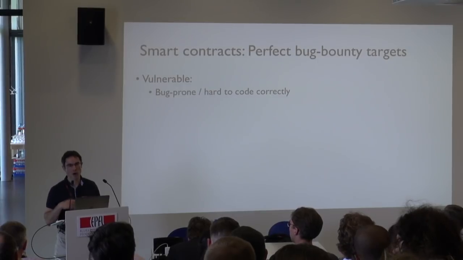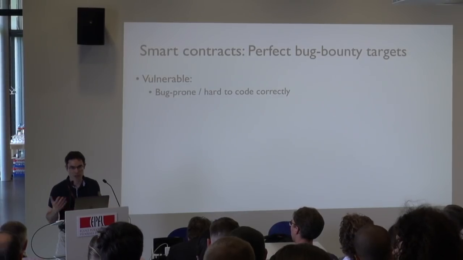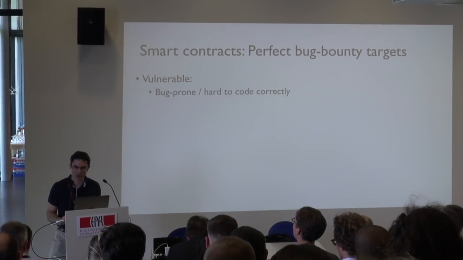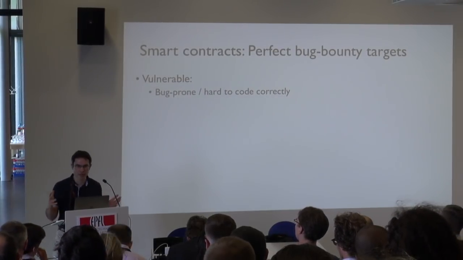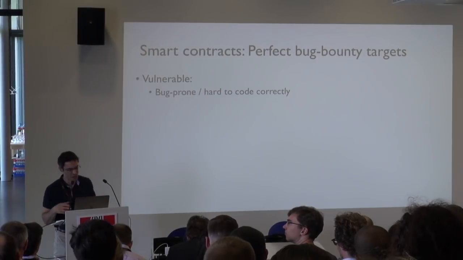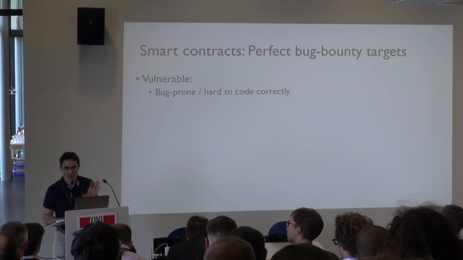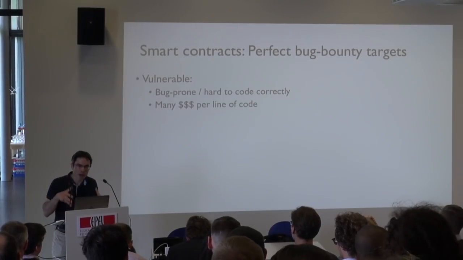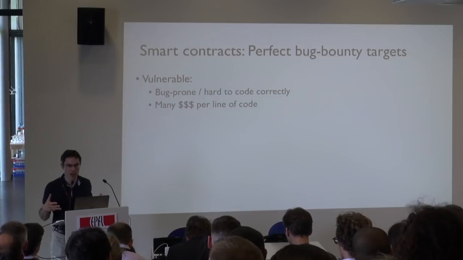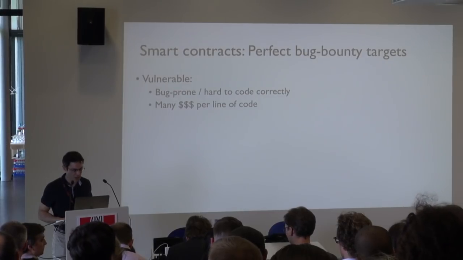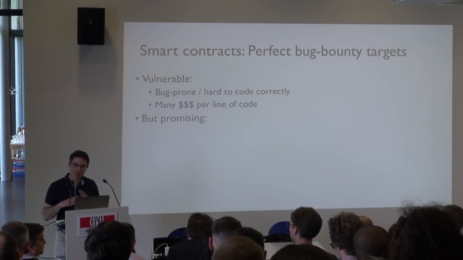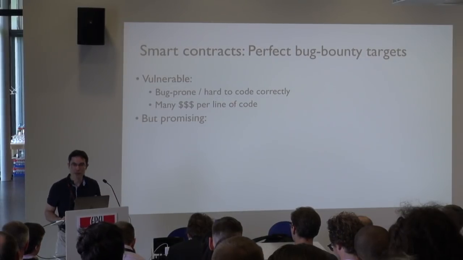Smart contracts are hard to code correctly, partly because we don't have great languages. Solidity, the most popular, is very difficult to work with because the mechanics of Ethereum are complicated as well, the gas mechanics and so on and so forth. So we've got a real problem here. We have a lot of value per line of code in some of these smart contracts, the ERC20 smart contracts in particular. But this framework, I believe, is quite promising.